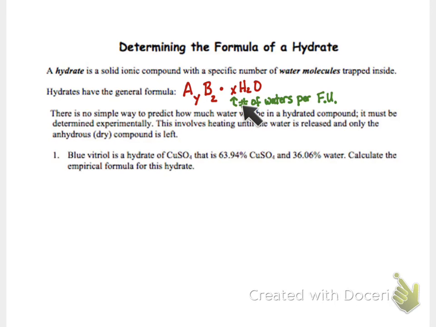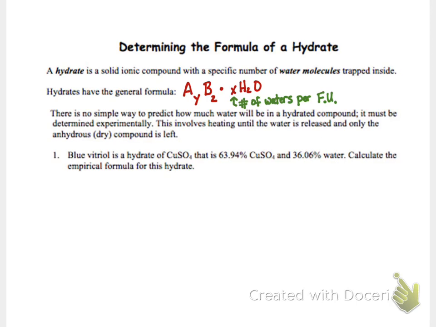It commonly goes up to 12. Sometimes you get a half here, a 1/2, but not very common, and we're not going to see any fractions. All of our x's are going to be whole numbers. There is no way to predict it on paper. You have to do experiments in the laboratory to figure out the number of waters. So when you heat it up, the water is released, and then you can calculate the number of moles of